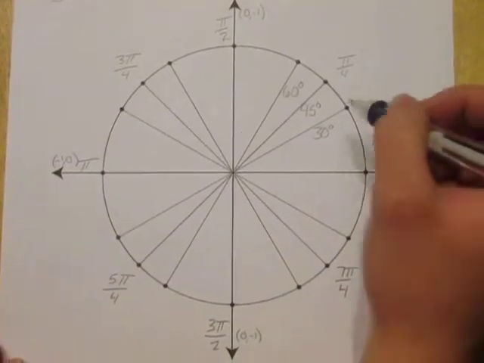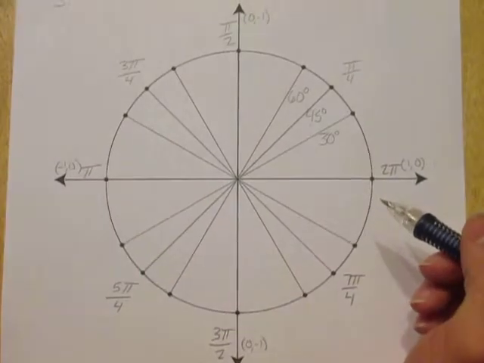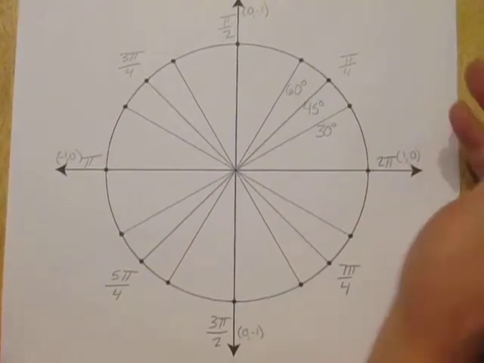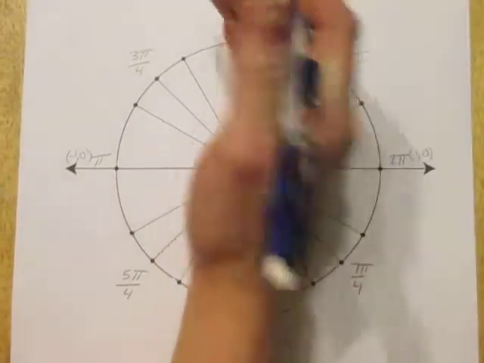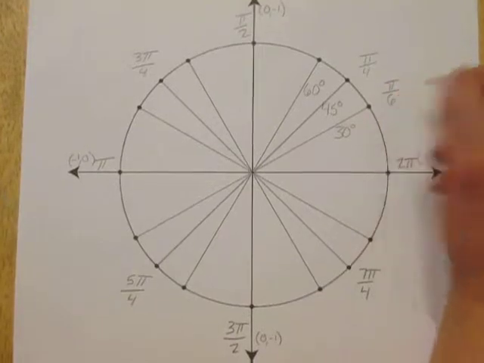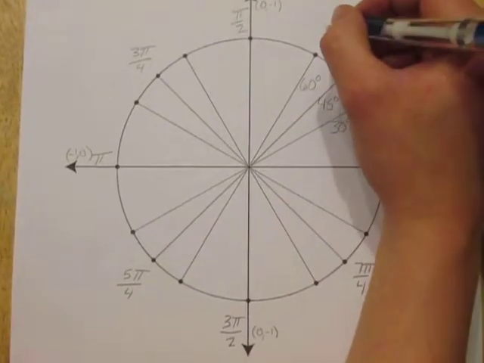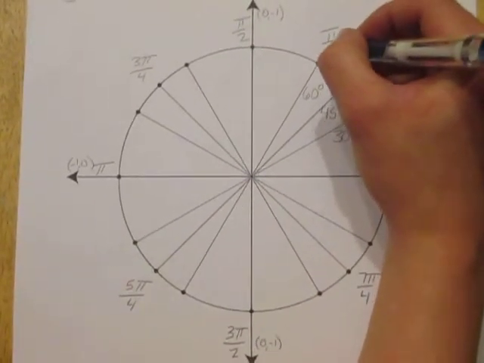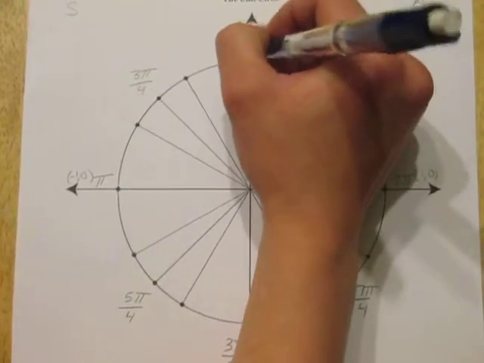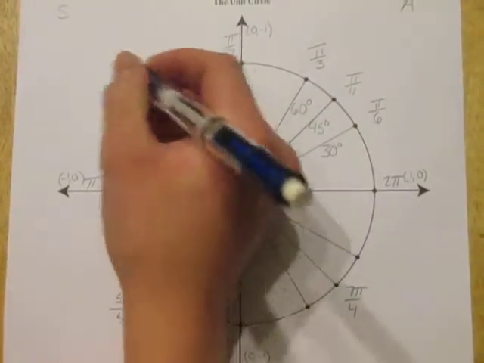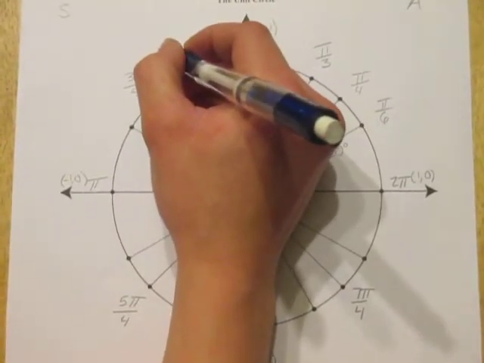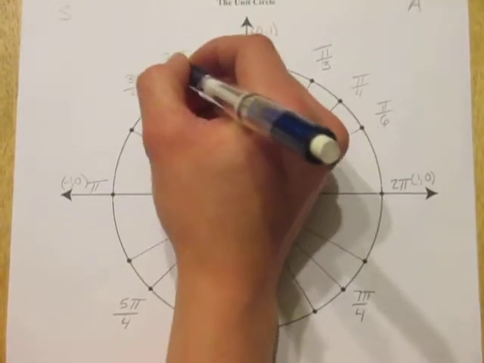And then to fill out the other remaining degrees, I'm going to count by pi over 6, and you do that at every 30 degrees. So the first 30 degrees, pi over 6, second, 2 pi over 6, which reduces to pi over 3, 3 pi over 6, which reduces to pi over 2, next 30 degrees, we have 4 pi over 6, which is 2 pi over 3,